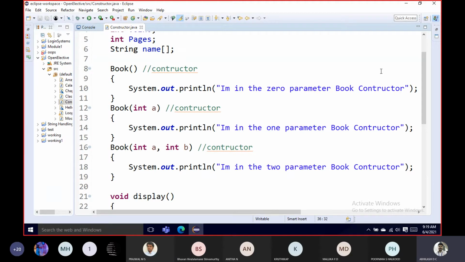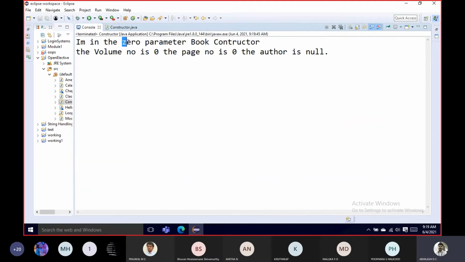Okay, zero parameter constructor is what I didn't get the name. I didn't get your name actually. Okay, so Bhuvan says that I'm in the zero parameter book constructor. Let's see. Of course, it will tell us that it is a zero parameter book